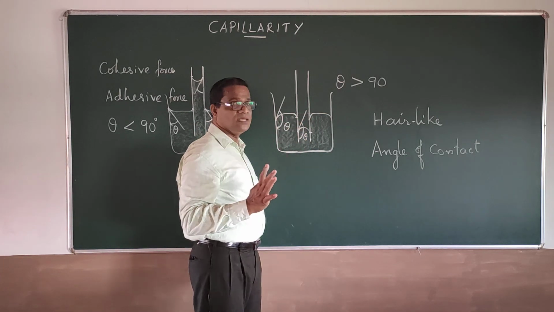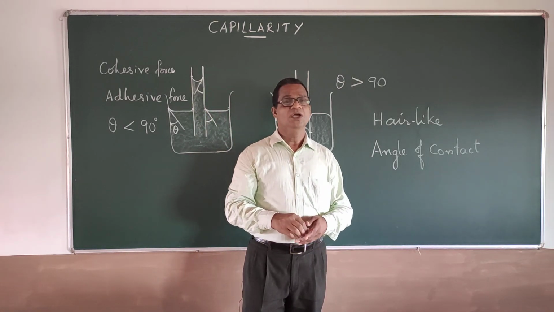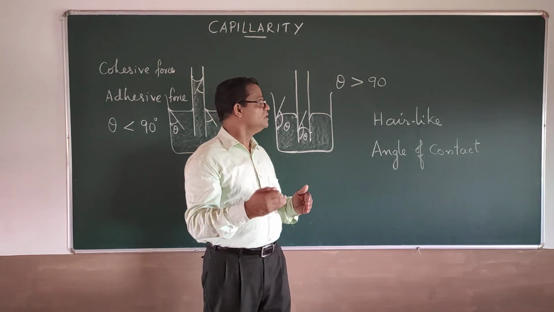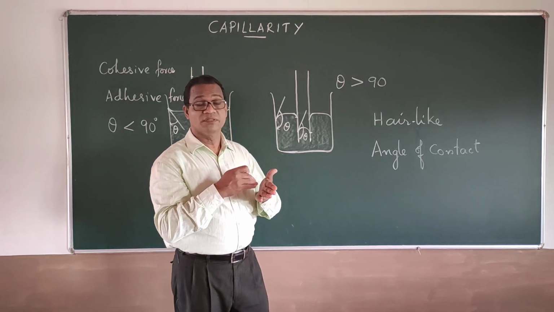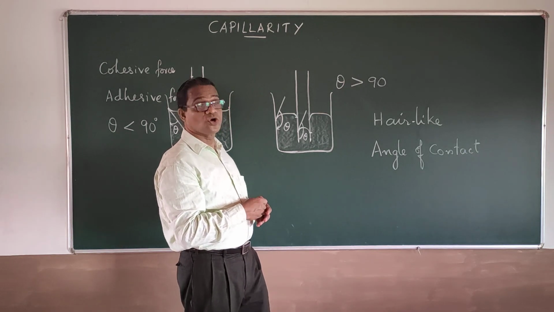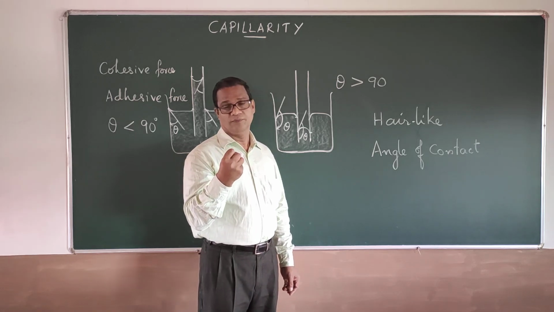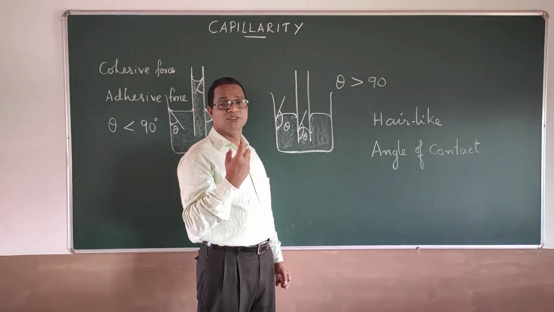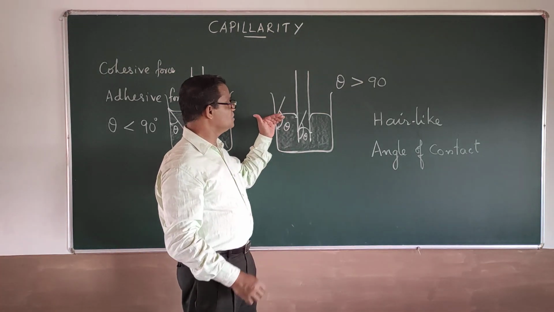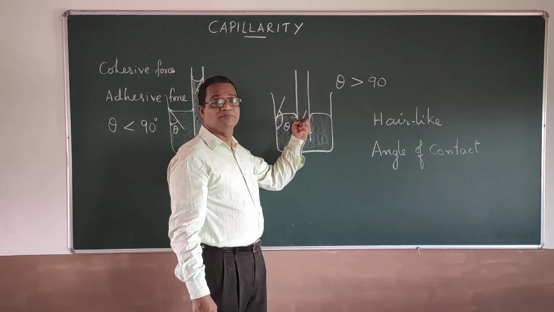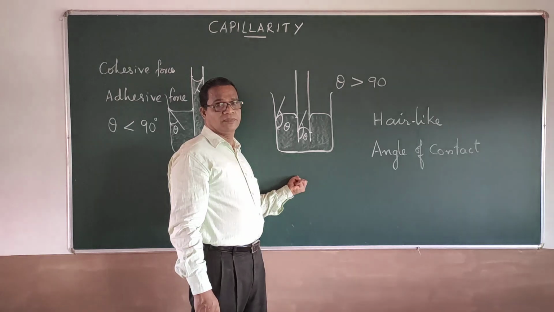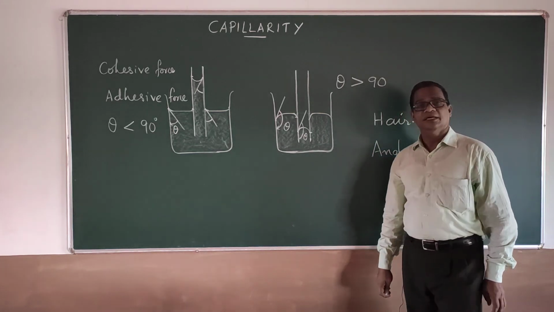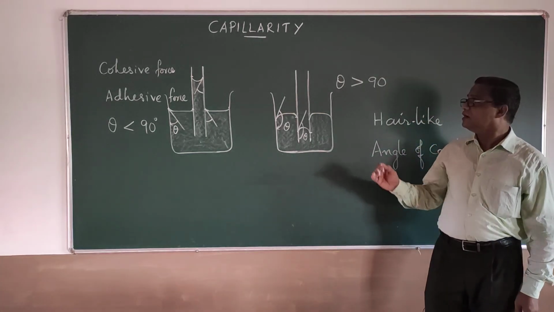And in the case of mercury taken in a glass, you might have seen that the glass is not getting wet with the mercury, or the mercury is not sticking with the glass. It's because the cohesive force is more. Such a liquid is not wetting the solid surface, and cohesive force being more means capillary depression is taking place. So these are the points relating to angle of contact in the process of what we call the capillary